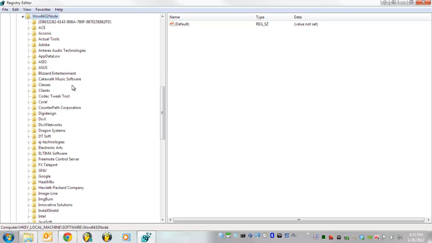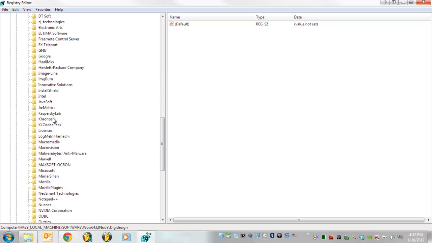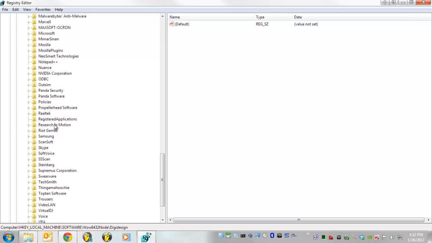So go ahead and expand that, and then continue scrolling down here until you find the S, as everything in this list is categorized alphabetically. In this case, we know that it's made by Steinberg, so this is the one we want. So go ahead and expand Steinberg. There it is, Hypersonic 2. All right, so in this section there are a few different